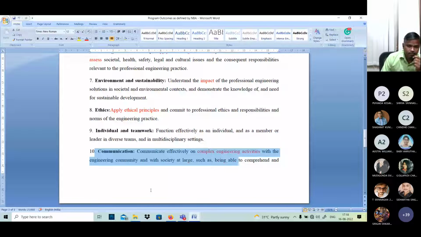This communication will be used to analyze the problem, and after analysis you should be able to present in front of others. That means communicate with others effectively on engineering activities. What are engineering activities? Analyzing the problem, developing the solutions, designing the algorithms. These are all engineering activities, right? So you should be able to communicate with others